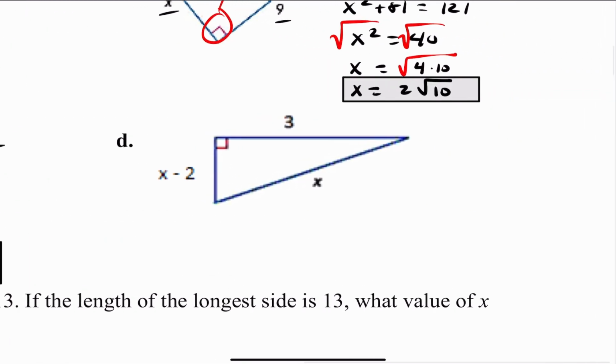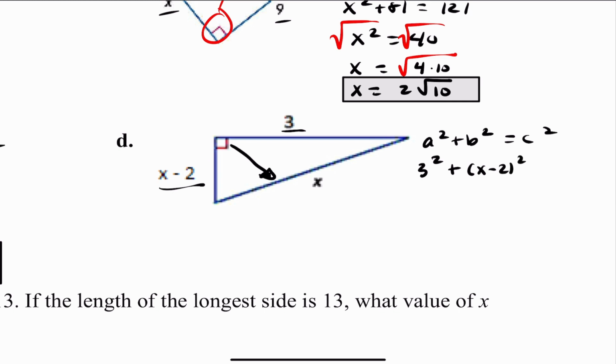All right, let's look at D. We have a right triangle once again, and this is my hypotenuse. So x is C, and this is A, and this is B. So a squared plus b squared equals c squared. All right, we'll call this a because I can't remember which one's which. So this is a. So 3 squared plus x minus 2, the quantity squared